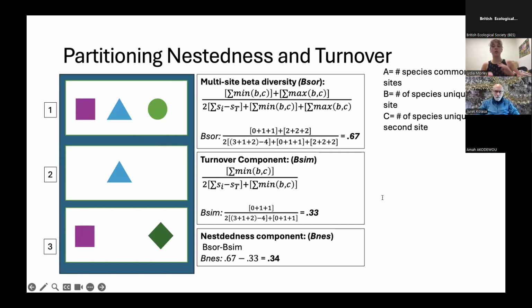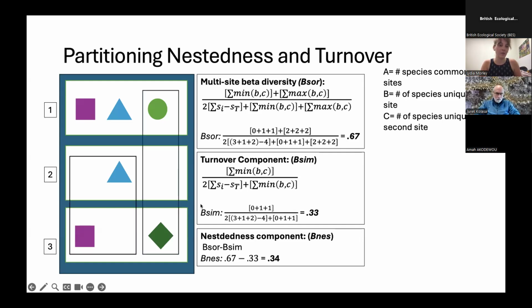Now, this doesn't mean that 33% of Sorensen beta diversity is attributable to turnover. It means that the turnover component is 0.33, so about 50% of total beta diversity is attributable to nestedness. Sorry, to turnover. And we can sort of see that in our example where these outlined cases are representing compositional turnover here. So we see species replacement and species replacement in these two examples between sites 2 and 3 and between sites